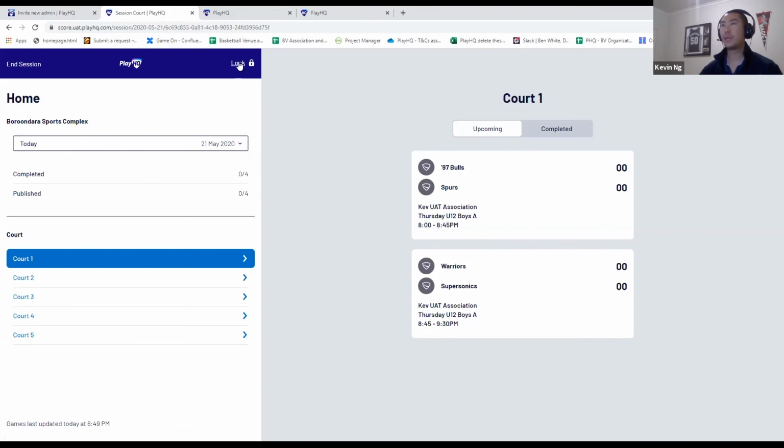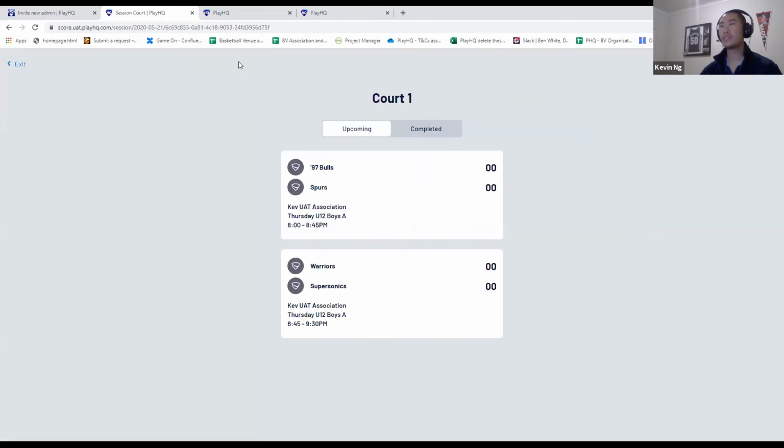I'm going to hit the lock button. What that does is prevent anyone, such as scorers without the PIN, from changing to another court and mucking around with which games are going to be scored on this device. From there, you click on the game you want to score,